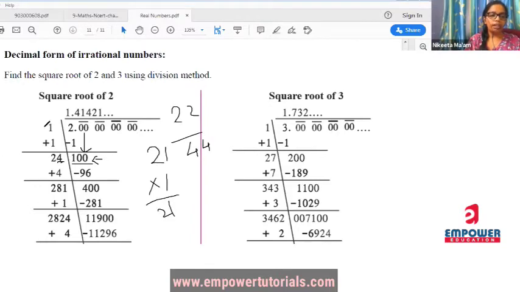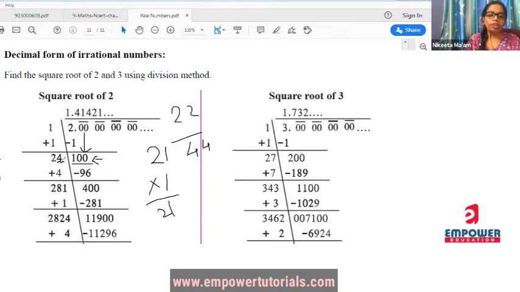If I'm taking 25 into 5, this will be 125, right? But this is greater than this one. So if I'm multiplying 24 into 4, it will be 96, which is less than 100 and nearer to the